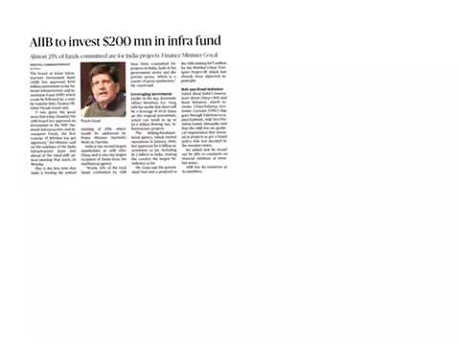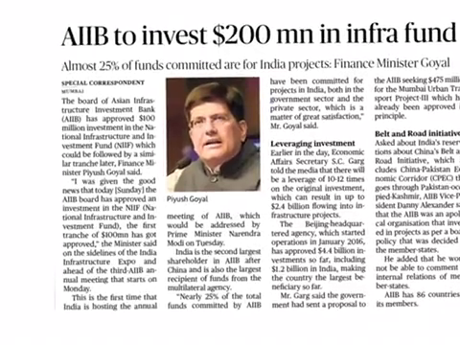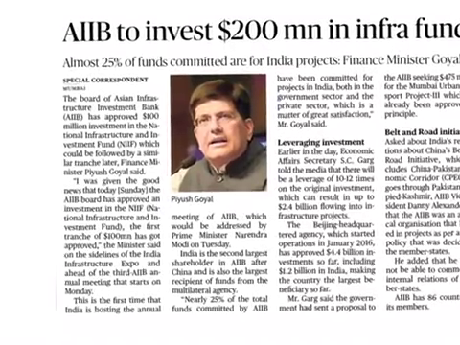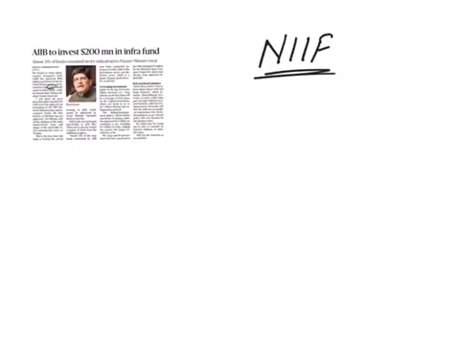Our next article is AIIB to invest $200 million in infra fund. In this article, now we are going to see what this National Infrastructure and Investment Fund is. The Government of India initially proposed to set up this National Investment and Infrastructure Fund in the 2015 budget. Eventually, the government has set this up with